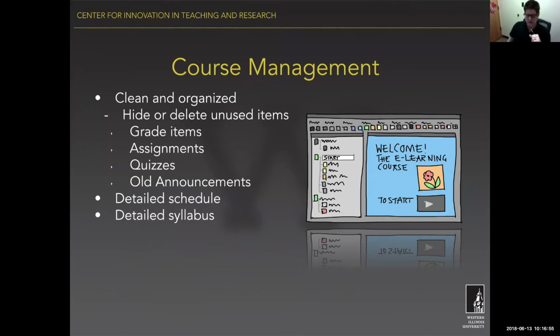So if I've got week 2 coming up, I'll set it to start at the beginning of week 2, and then I'll set it to end when the end of week 2 comes and we're ready for week 3. Because in week 3, the week 2 announcement is pretty much obsolete at this point, so there's no need to keep it in there. So I schedule all that stuff ahead of time when I build the course, and when you do that,